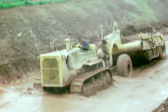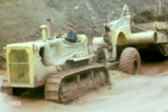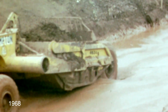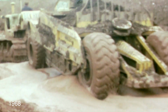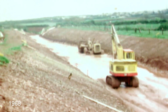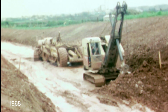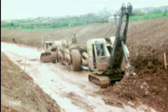Things weren't going too well in the cutting through Castlepill Farm and Upper Scoverston, south of Stainton Bridge. Water from springs combined with the constant traffic of machines taking away the extra spoil from widening Barrett's Hill cutting had churned the relatively soft rock into mud and slurry. The material was too soft or liquid to be picked up by the scrapers, so some unconventional loading methods were resorted to,